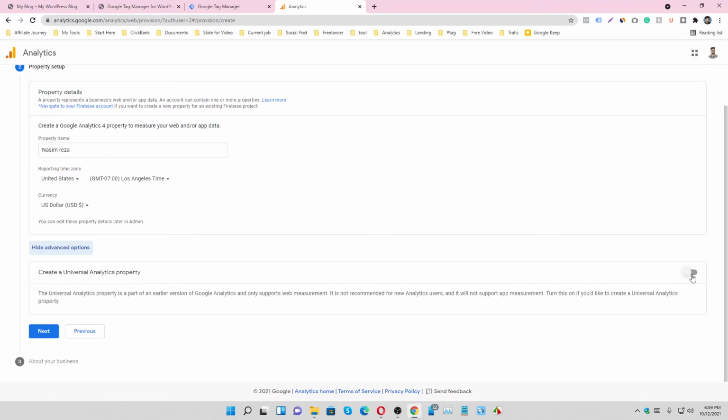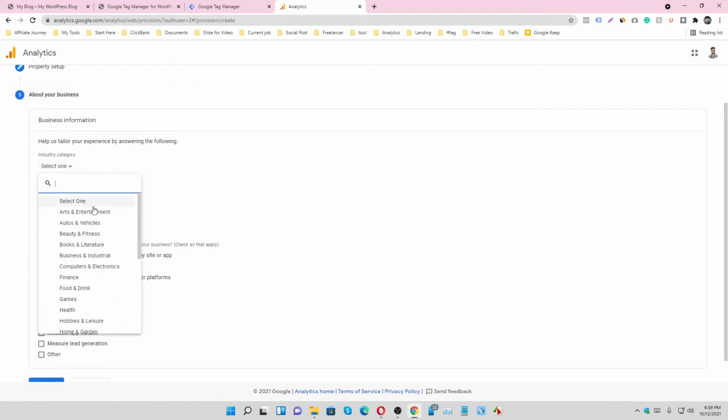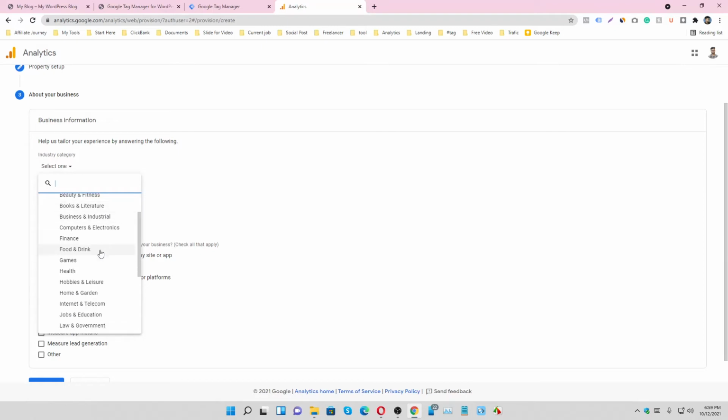That's why I don't enable this button, and I'm going to next. You can choose your industry category, and it will help you to show the report.